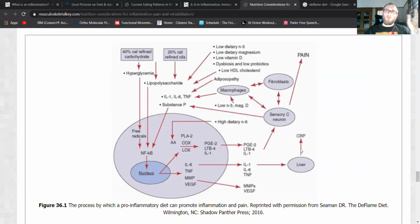This protein is what most doctors look at when you do a blood test. If you've ever had the chance to look at what's called a blood panel, you will see C-reactive protein is a general marker that doctors use to figure out if your body is in an inflamed state. And on their end, they are trying to figure out, all right, the body's inflamed. That means there's probably an infection or injury, which means we need to do tests X, Y, Z. So to put this in perspective, to tie it into what I said originally, we don't talk about these things until there's actual disease. But this is going on when you have